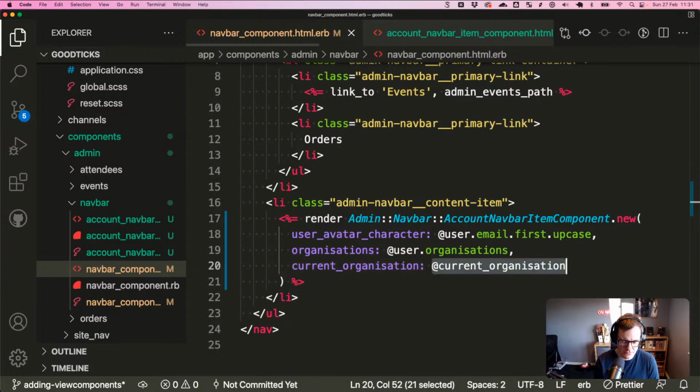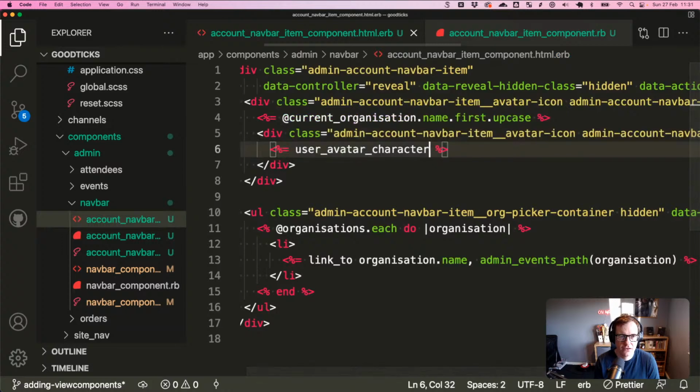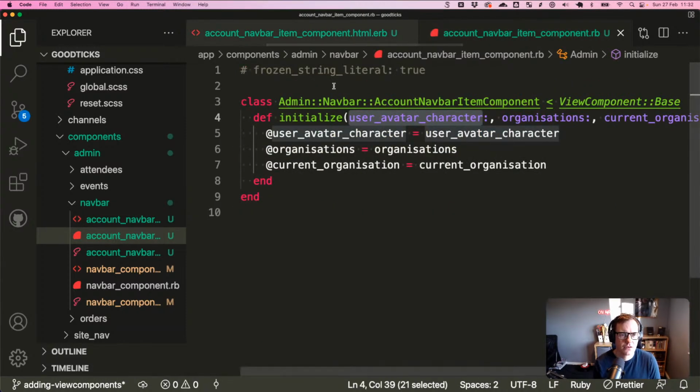And that's passing through the current organization. But again, you don't actually need that either, because we're only using the current organization to get the first character. So that could get changed as well. And it could be